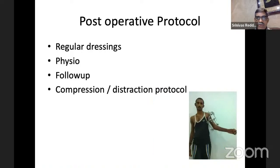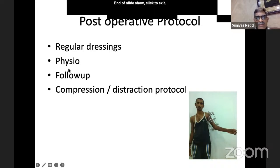And the post-operative protocol, we need to have regular dressings and regular physio, shoulder movements, and elbow range of motion. And for the follow-up, we need to ask the patient to come for regular follow-up. In the initial days, the patient has to